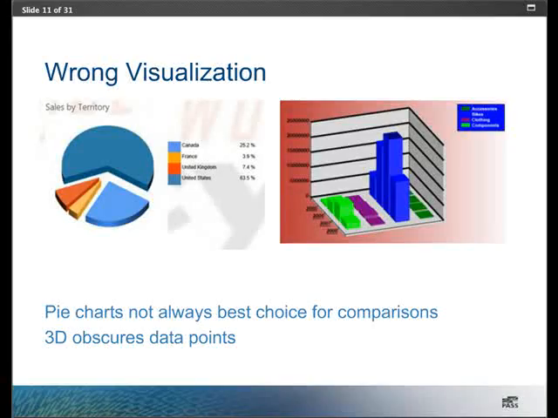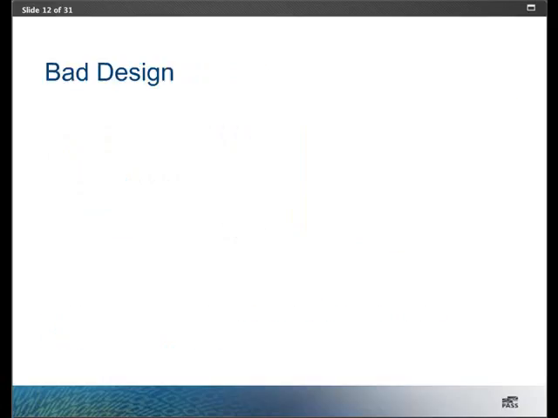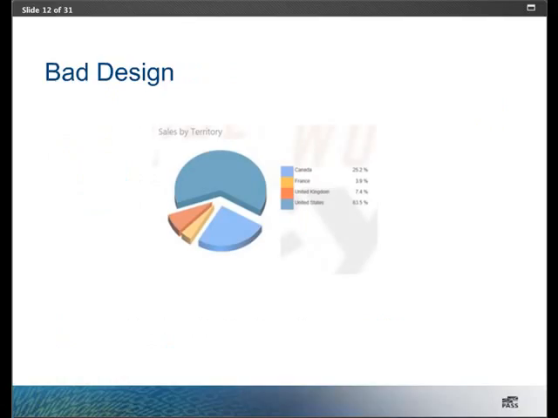Now, dashboard design is always a balancing act, and there are some bad design techniques that we can do that interfere with the way that people process information. So, for example, in this design created by my evil dashboard designing twin, helpful information was added to the report to enhance the legend. So we have the pie slices, and we have the colors, each relating to a sales territory, and we have the percentage values.